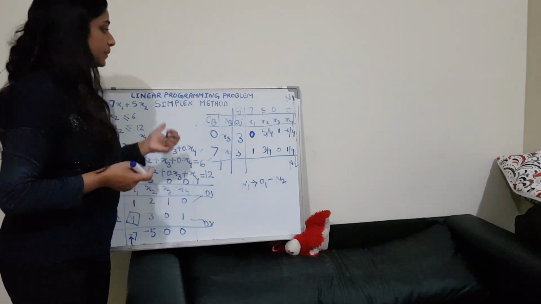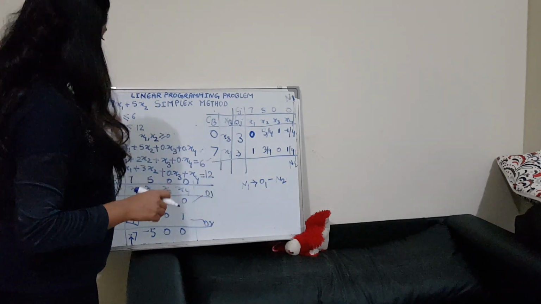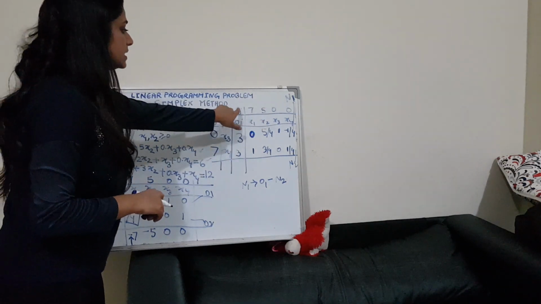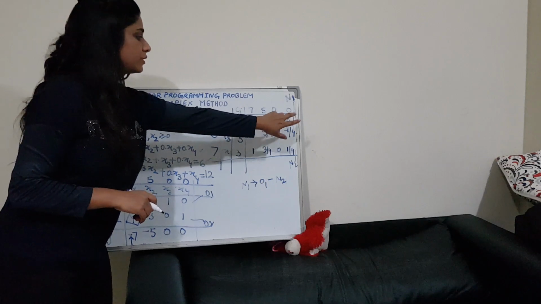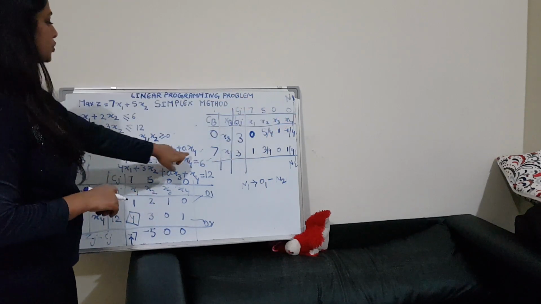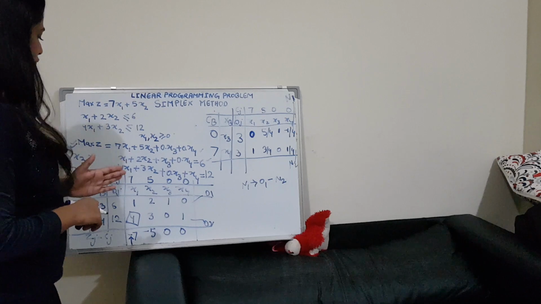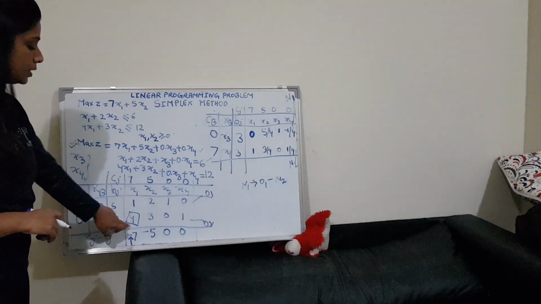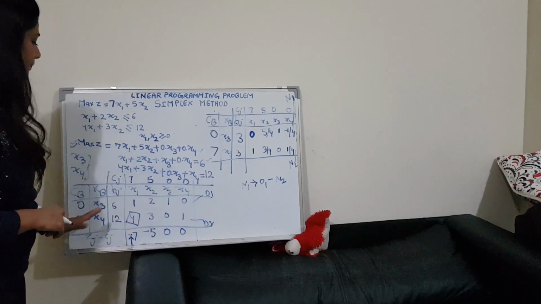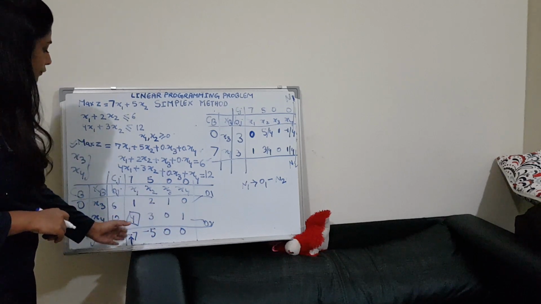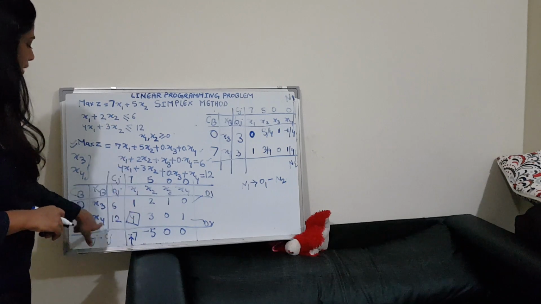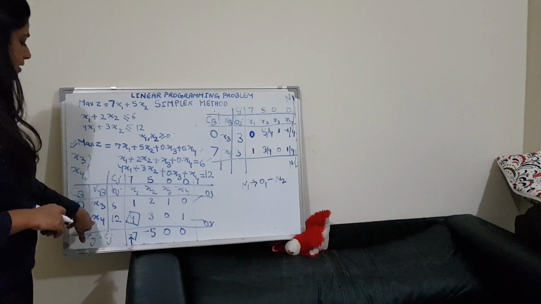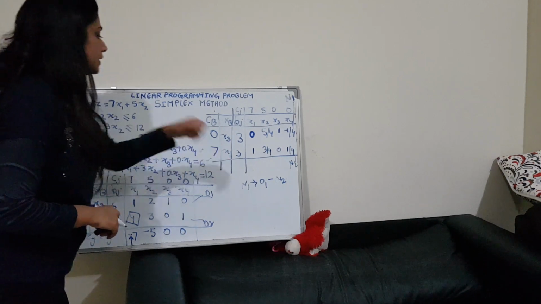Understood? I am repeating this process again. The format is the same for simplex table number 2. Cj is the coefficients of x1, x2, x3, x4, which we will take from this equation. Now next, the outgoing vector we are getting from the second row, so we will eliminate this row, and the entering vector we are getting from the first column. We will replace x4 and write here x1.